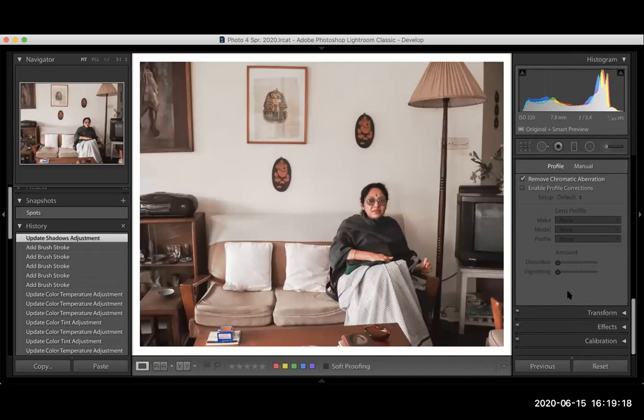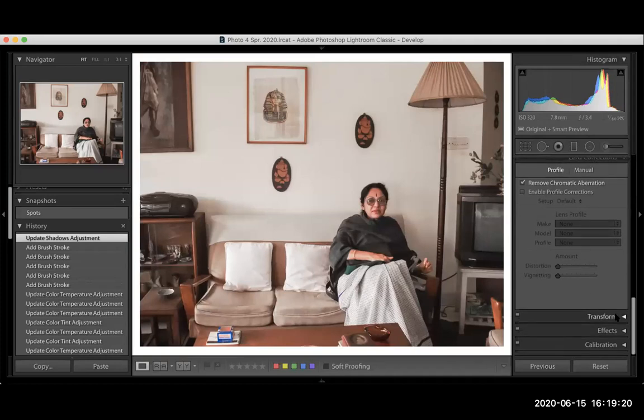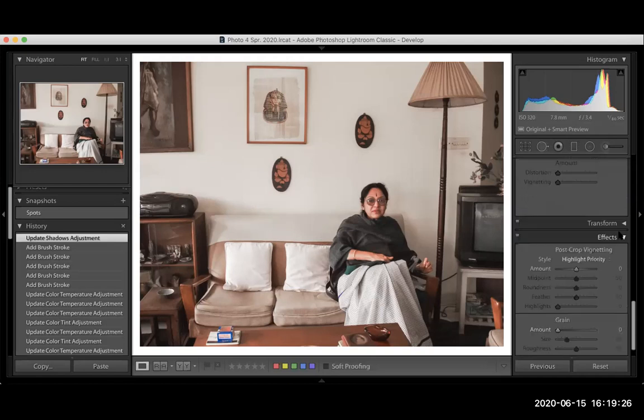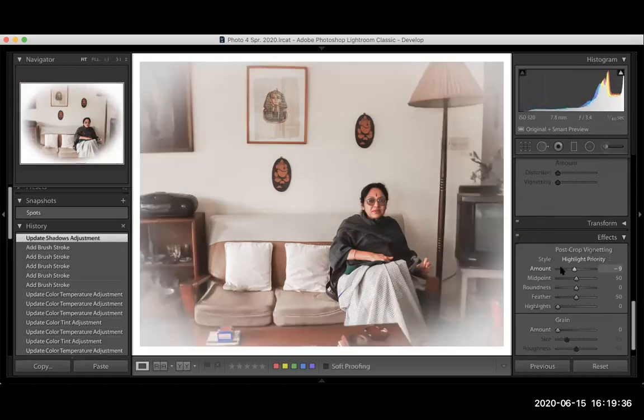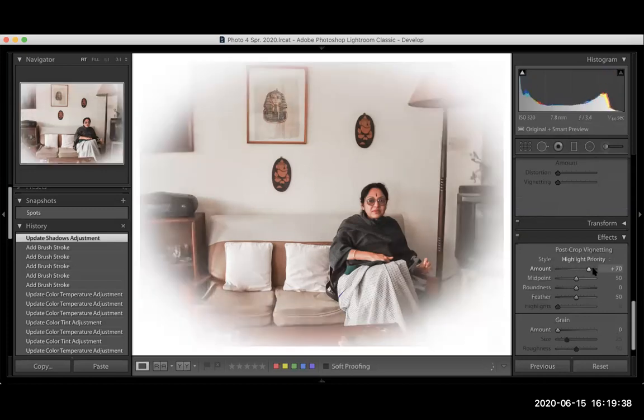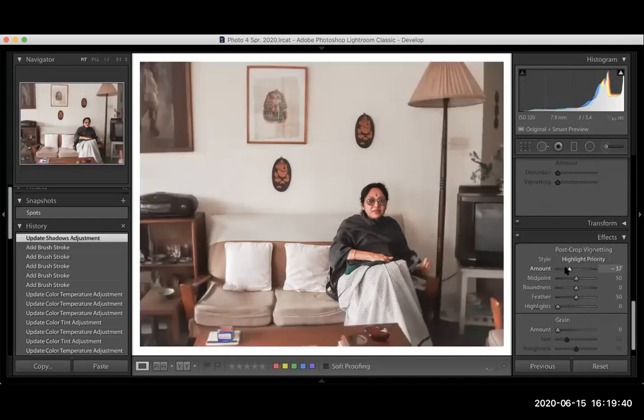one thing that many photographers do is to darken the edges and the corners of the frame. And so if we go down to Effects, it says Post-Crop Vignetting. And in this way, you can darken or lighten the edges. And generally, you're not going to do this kind of crazy thing, but something much more subtle. In order to control this, let me just show you